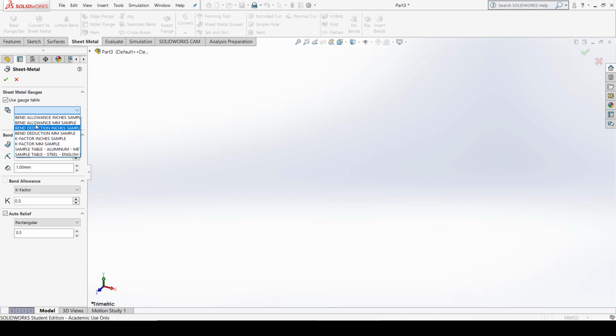When I select this bend allowance, you can see it takes a bit of time. Takes a bit longer right now.